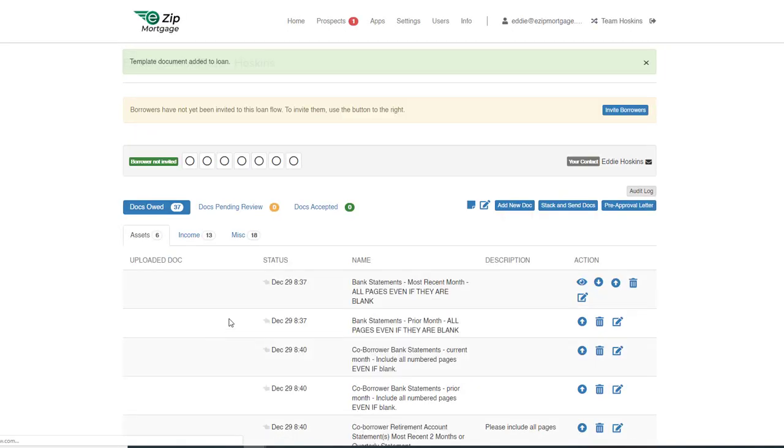And there we go. We've gotten all of those selected. Everything is ready to go. Now that you've gotten everything ready to go and selected that you need, now you can invite your borrowers, which sends off the welcome email. That is going to provide them with a secure link for them to click on, as well as send them a text message. And it also is going to send them out an email that will list all 37 items